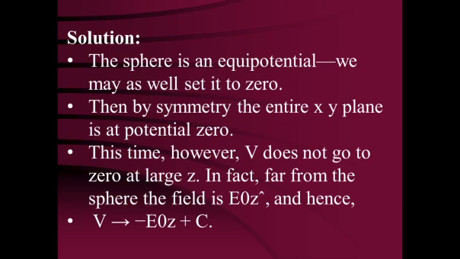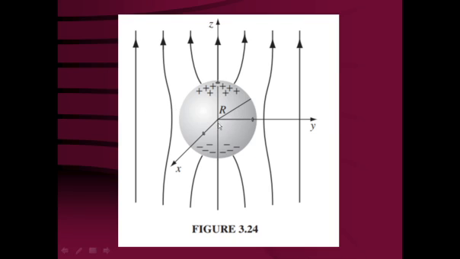So, the potential is also going to be 0 on the xy plane, and at every point on the xy plane the potential is going to be 0. This is cut at the xy plane. So, everywhere z is equal to 0, the potential is going to be 0. Now, the question is: is the potential going to be 0 everywhere?